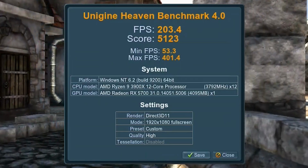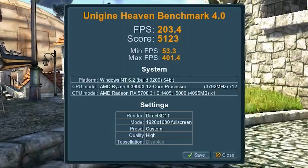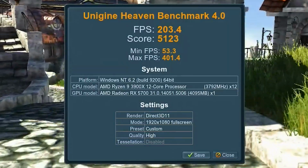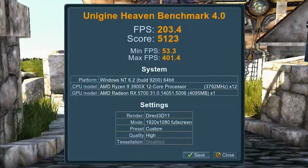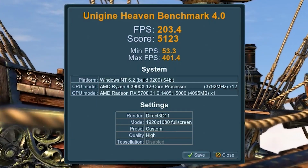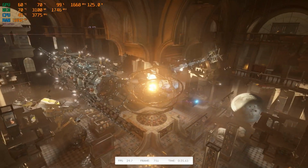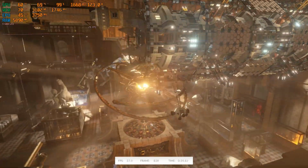And when it comes to the results, you can see 203.4 FPS was our average, our score 5123, minimum FPS 53.3 with a maximum of 401.4, and again we're looking at around about 60 degrees Celsius whilst doing this. Next up, another synthetic, so this is the Time Spy Extreme Edition, and again it's an extremely similar